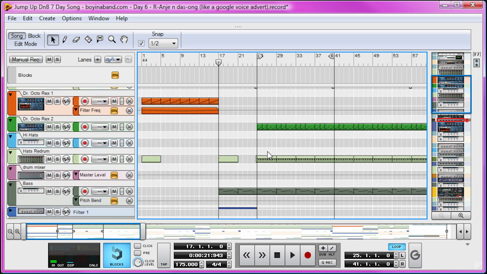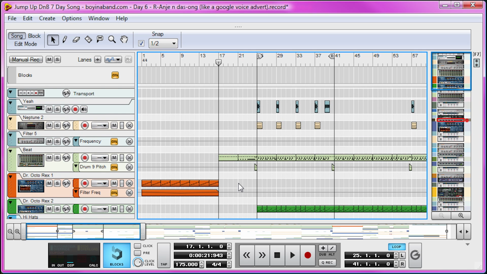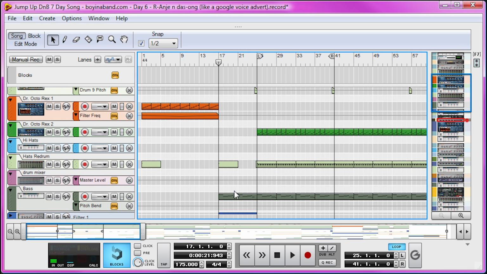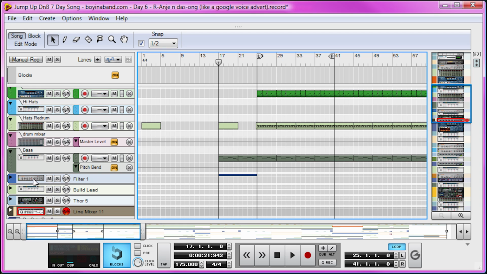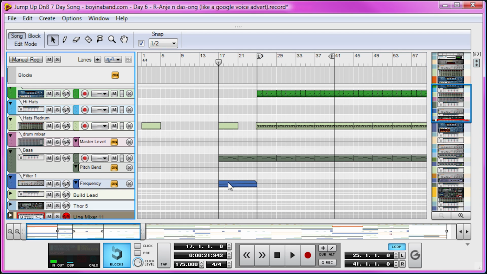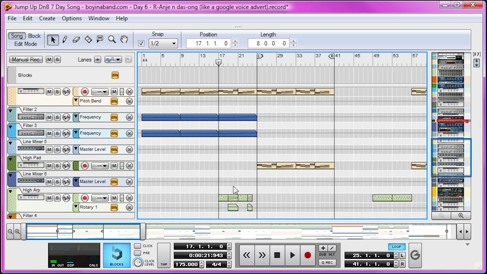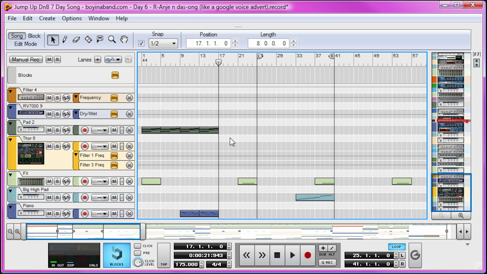Then the break drops out, as you can see, just to signal a change in the song. The bass starts to filter in. We can see that in this filter lane here. And that toned down pad drops out as well, just to leave space in the mix for more anticipation in that bass. We have a nice reverse effect sample building here to the little fill before the drop,